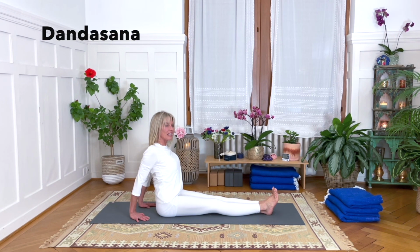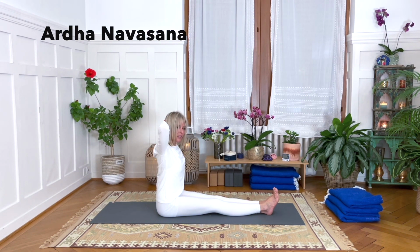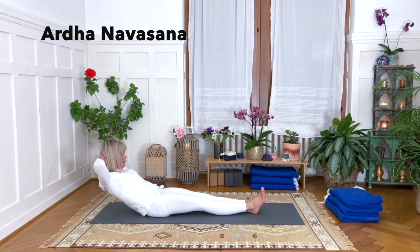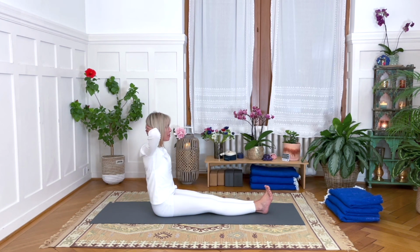Preparing for Ardha Dhanurasana now. Interlocking the fingers behind the back of the skull. This may happen with the elbows. We want to try to keep them open. Really working from here. So rounding down, getting low, and then lift the legs. 5, and 4, and 3, and 2, and 1. Back up,